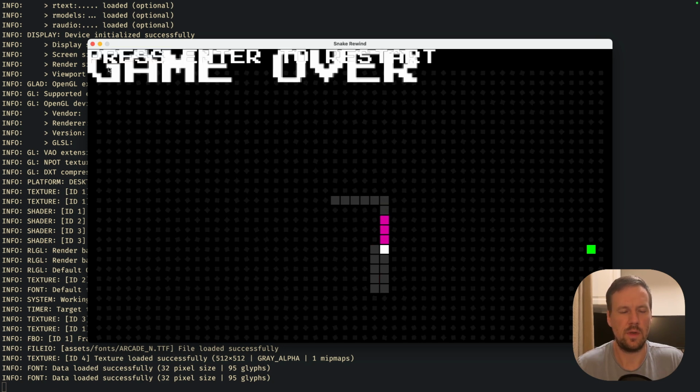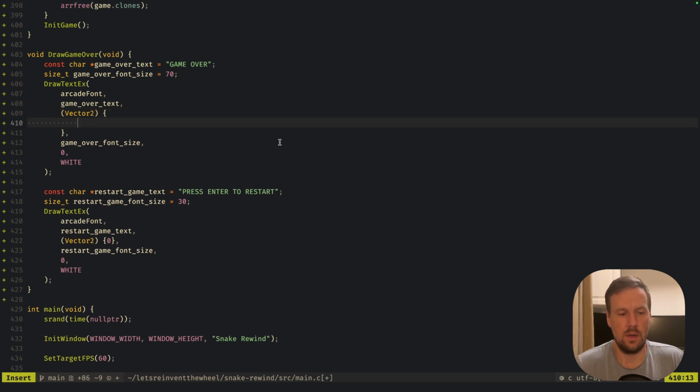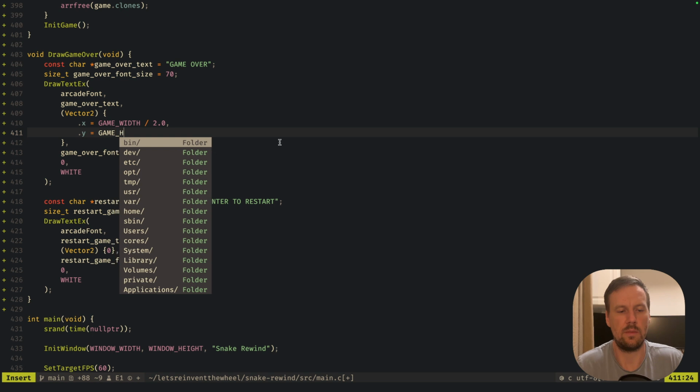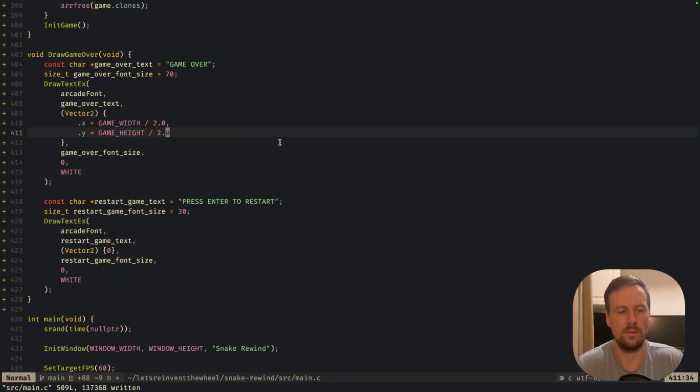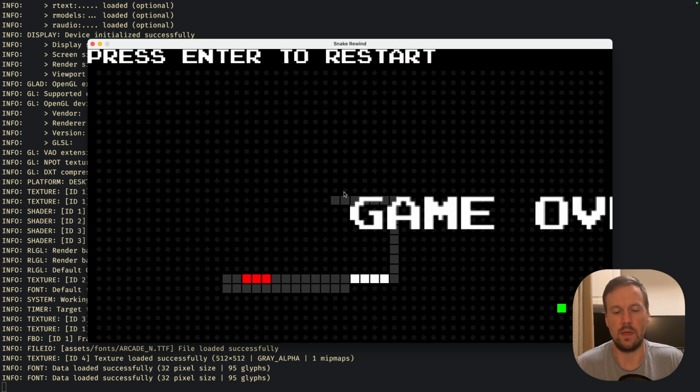Bam, and it draws things at position 0,0, right? So it's in the top left corner, so we need to position it somehow. So let's say we position it in the middle, like we have game width, we can divide it by 2, and y is game height divided by 2. Let's see what changed. Bam. All right, and now this position is actually in the middle, and the whole text goes to the right